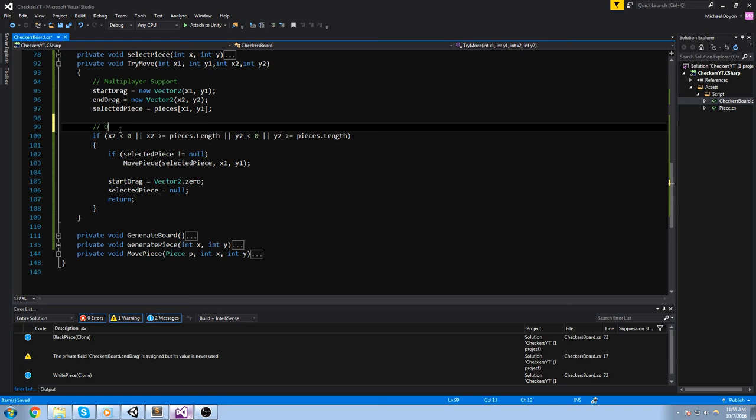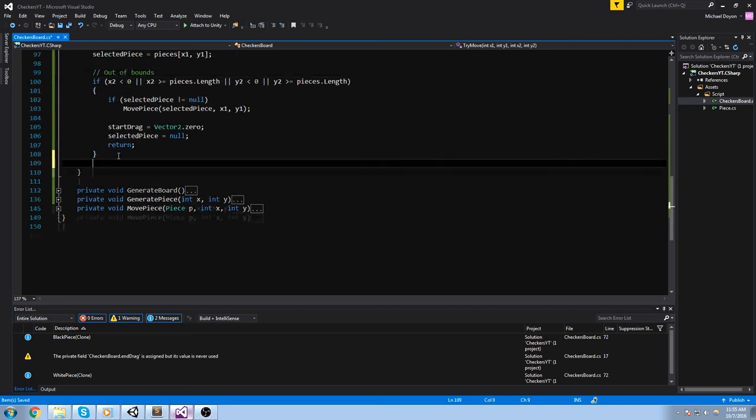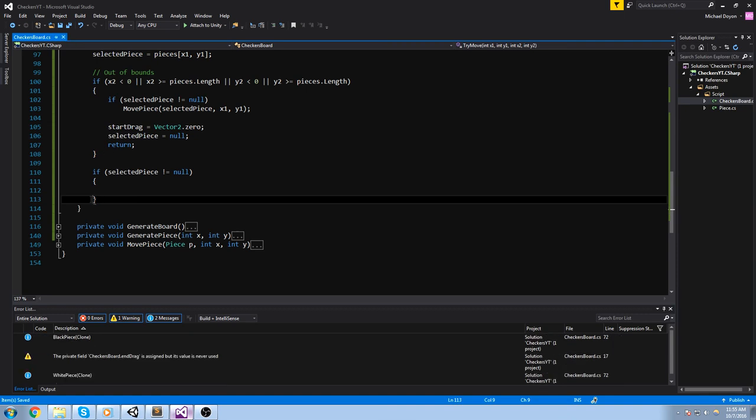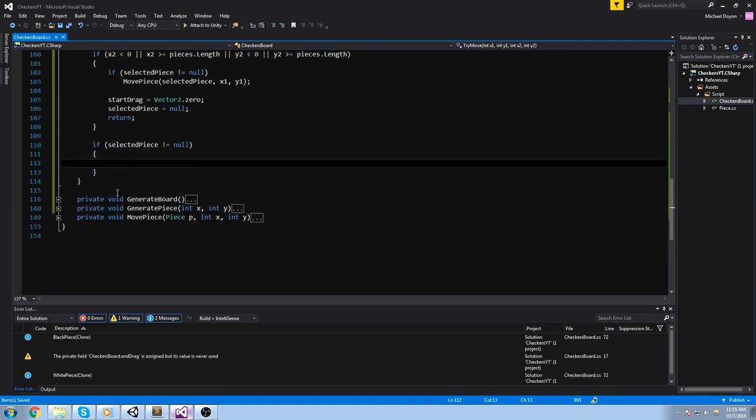Right now we only check for out of bounds. But let's actually go a little bit deeper. So let's first check, is there an actual selected piece? If there's none, then we don't do this. We're not going to enter this if loop. Now, however, if we do have a selected piece, if we do have a piece in our hand, well,